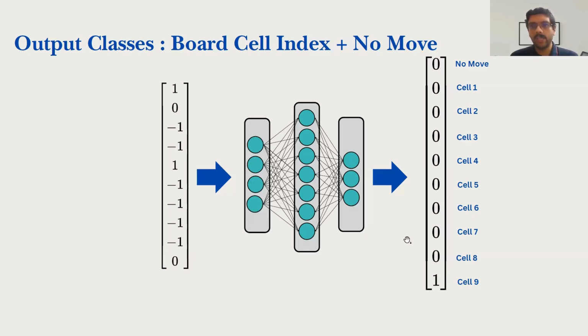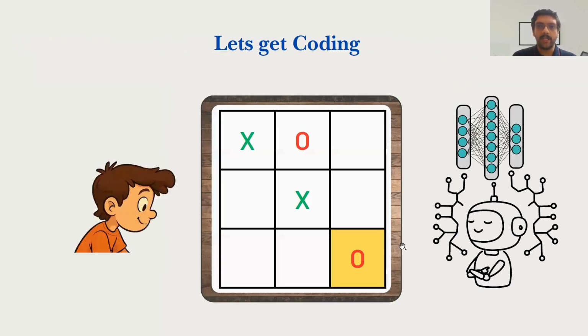The output is just which cell to place the X or the O in. We set this up in quite a bit of detail in the previous video, so you can go and refresh your memory with that. So we can now get coding with this. As I mentioned, we're going to be using PyTorch. The whole idea is to give you an understanding of how to quickly set up a classification problem